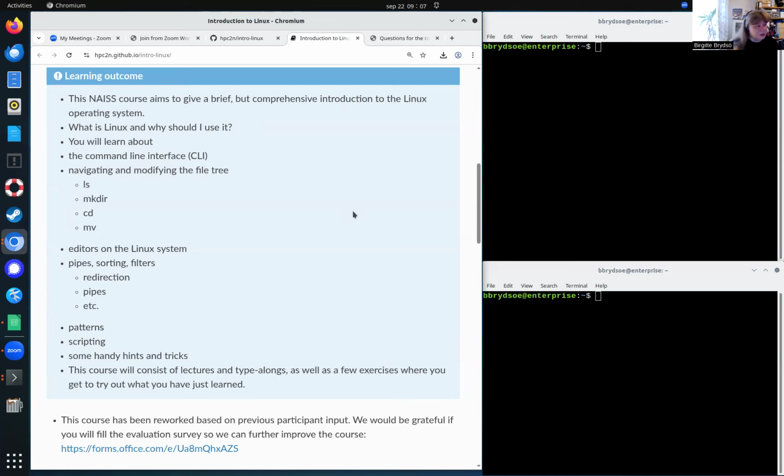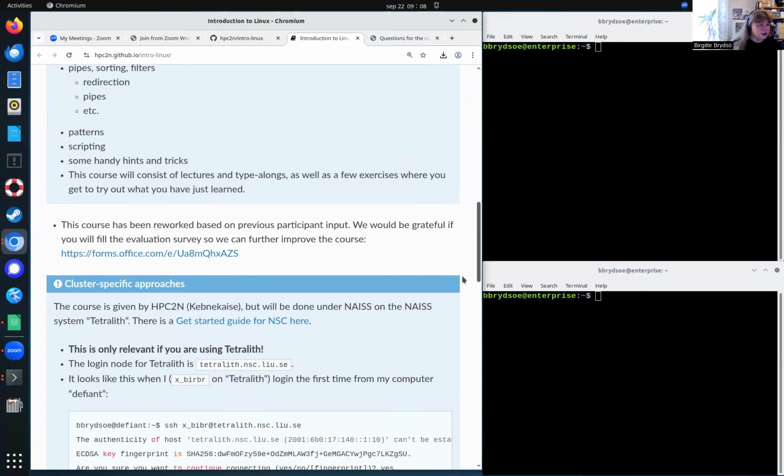Some navigating and modifying the file tree, specifically ls, mkdir, cd, mv, and some other commands. We'll also look at editors on the Linux system and pipes, sorting, and filters. Not a lot. There is an advanced version of this course if you want to learn more about the more advanced stuff. A little bit about patterns, wildcards, and things like this, scripting, very little bit, and a few handy hints and tricks.